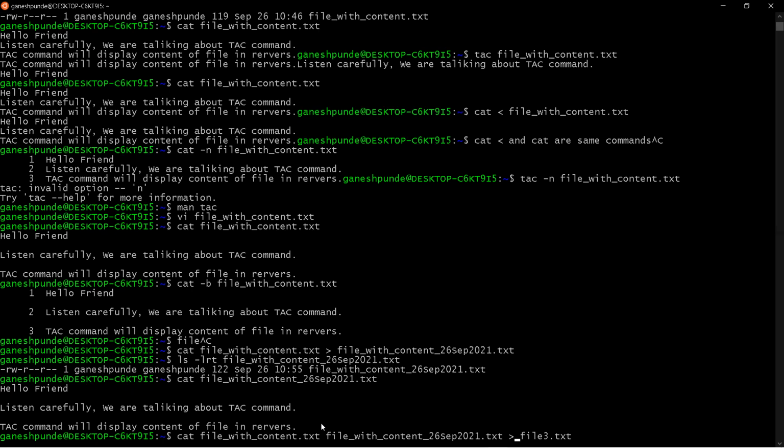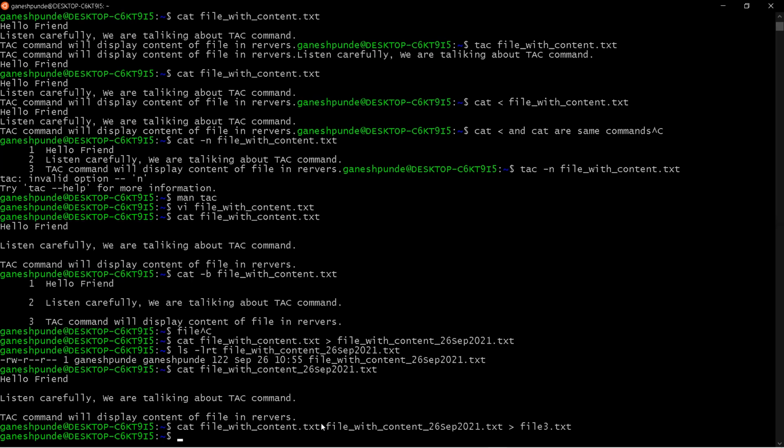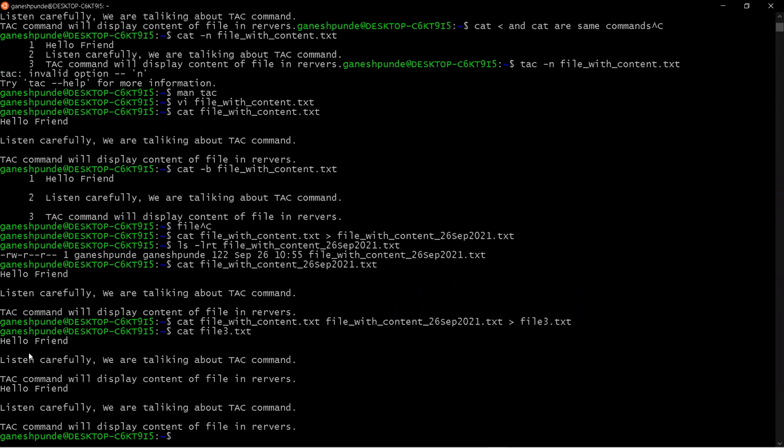So in this case the content of these two files will be written into file 3.txt. If I show file 3.txt, it has the same content. You can see, hello friends, listen carefully, we are talking about tag command, and the same content is there in the same file.